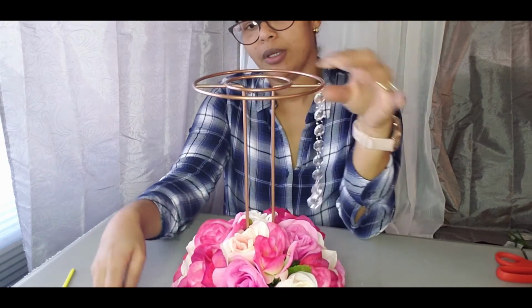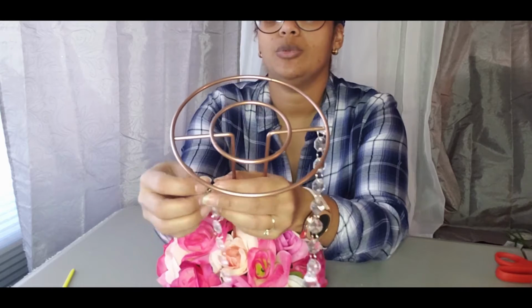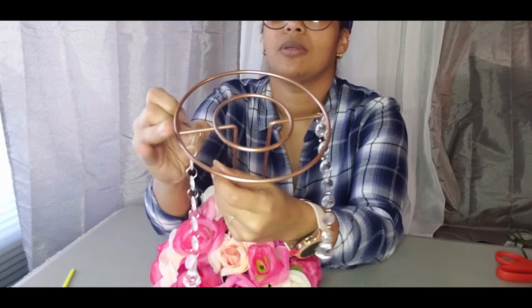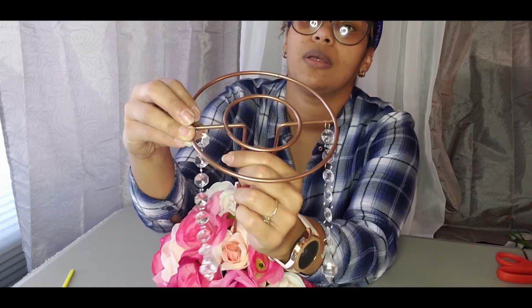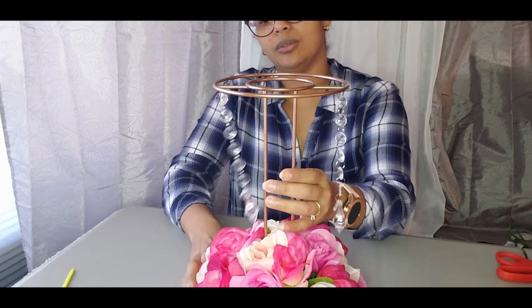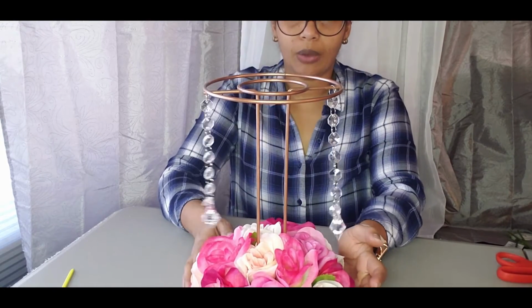So what I'm doing is I open the loop right here and just pass it through, kind of like a key ring, and just put it through right there. So now